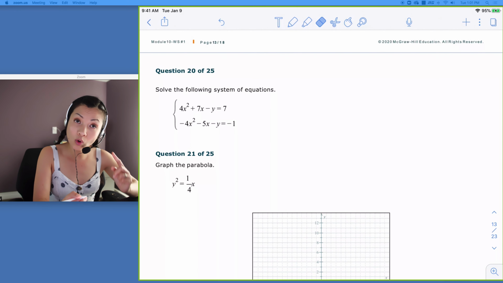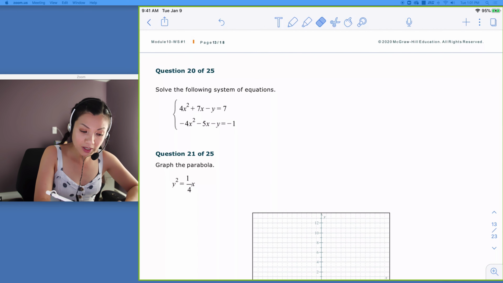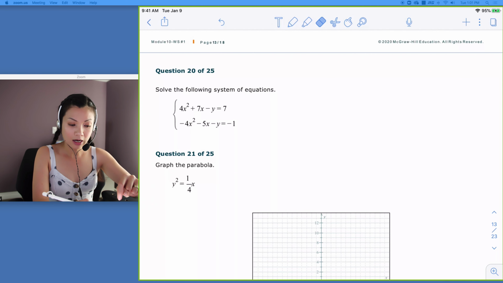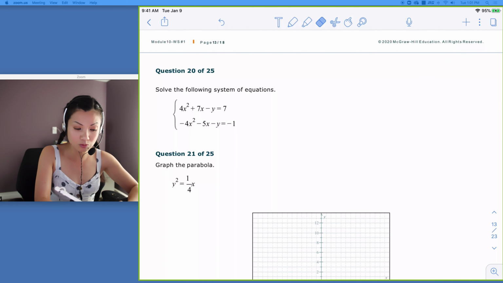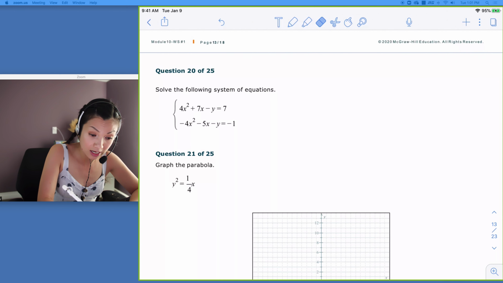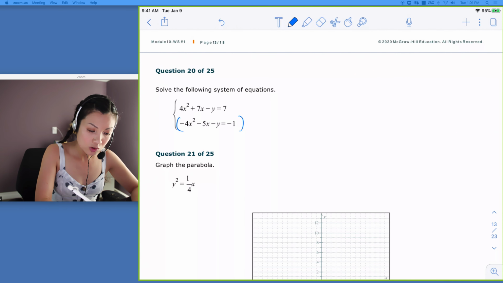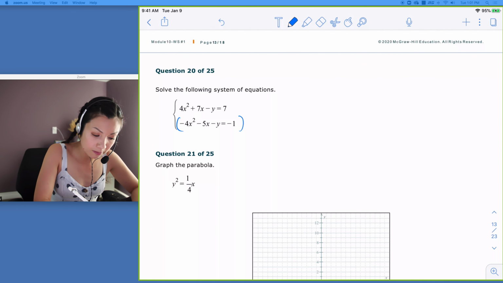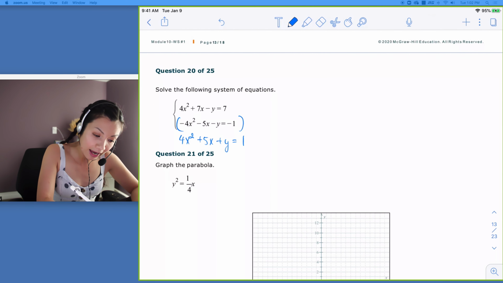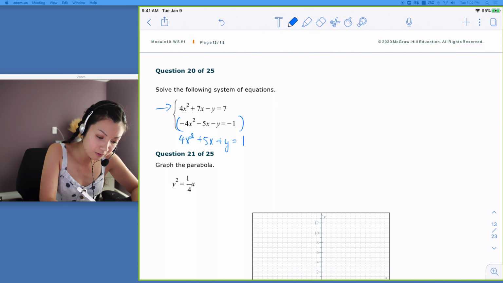So if I want to eliminate y, I'm going to have to multiply the second one by negative 1, so I can get a positive y. If I multiply the second one by negative 1, I ended up with 4x squared plus 5x plus y equals 1. And if I add the second with the first,